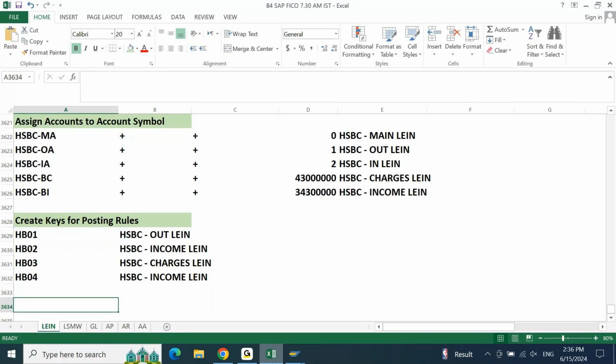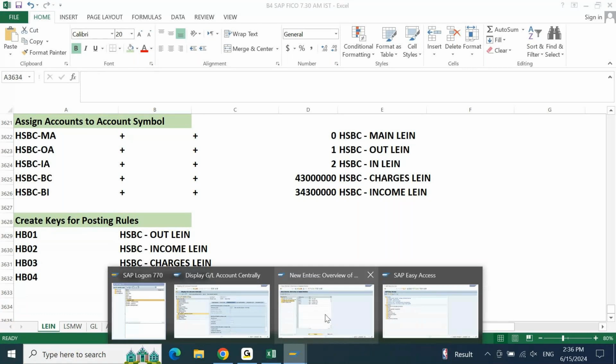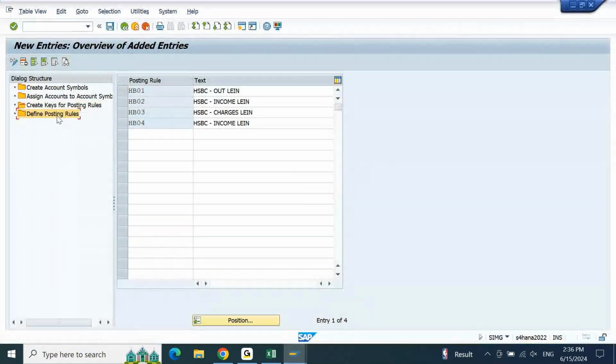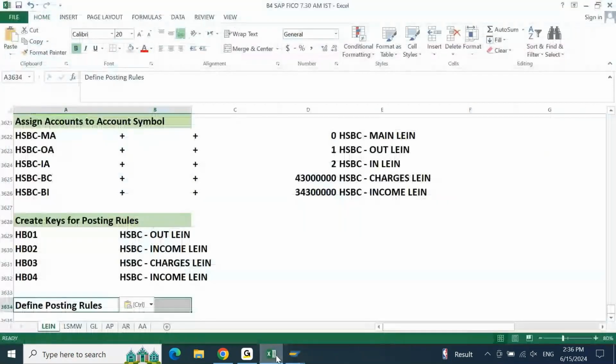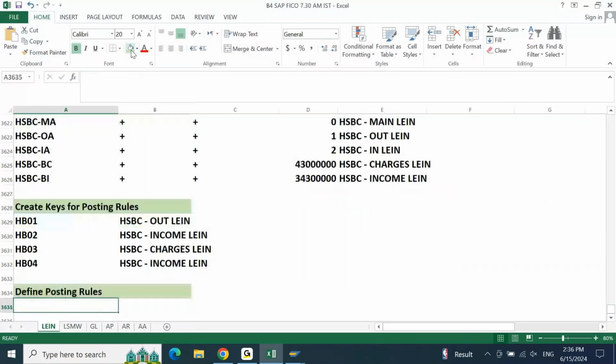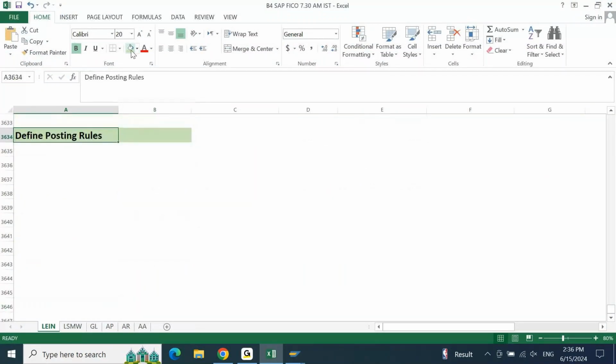This is done, and then there is a last step which is related to define posting rule. Double click on it and click on this define posting rule, and when you're defining the posting rule, here comes your accounting entries portion, and here you have to clearly write down the accounting entries. Meaning, let me write accounting entries to be posted